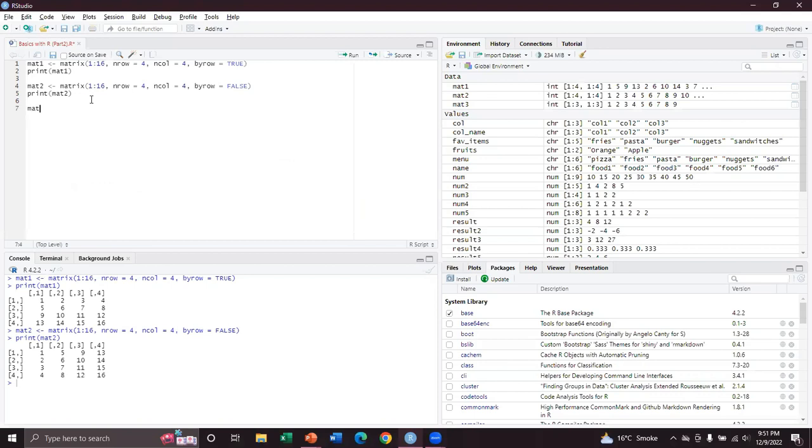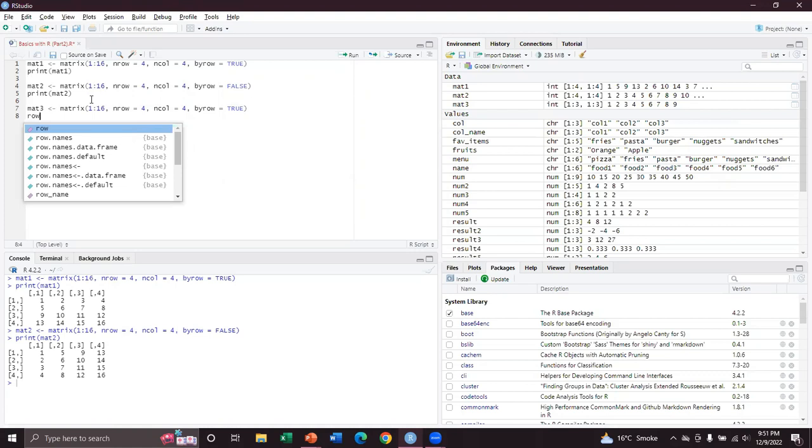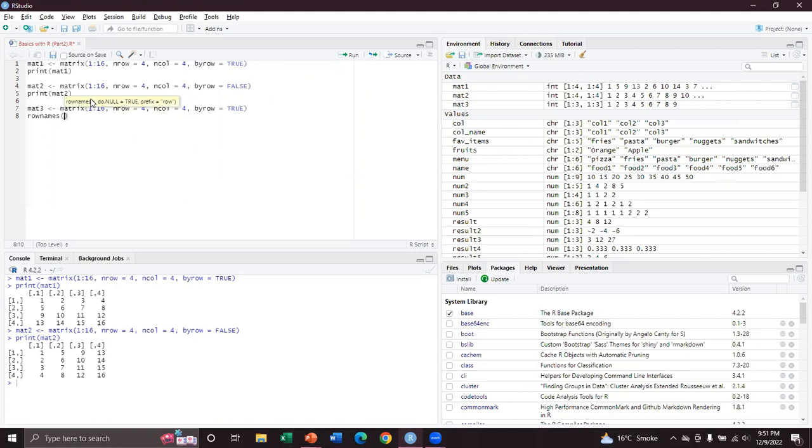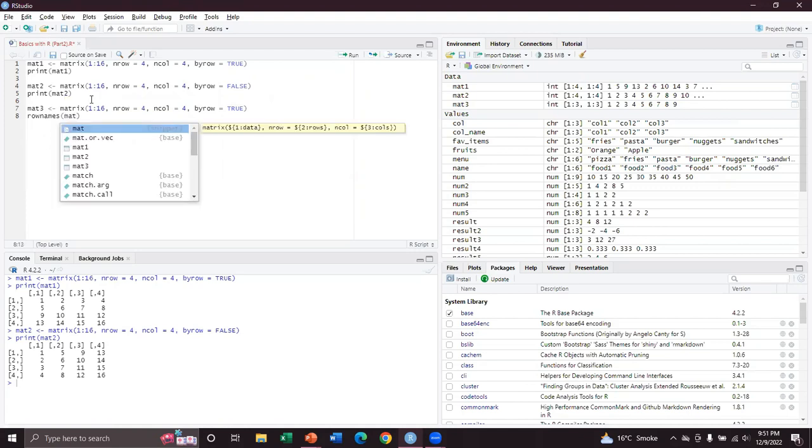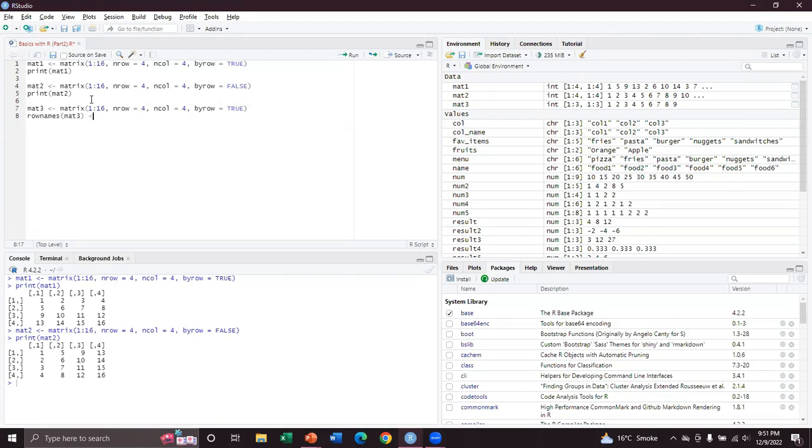All right, I will create a third matrix, mat3. I will use the matrix function and create a matrix of 16 values, with row as 4 and column as 4, by row as true. All right. And this time I will say row names. So here I have used the function because I want to give row names to matrix 3. And what names I want to give is, let's say, by using the combine function,